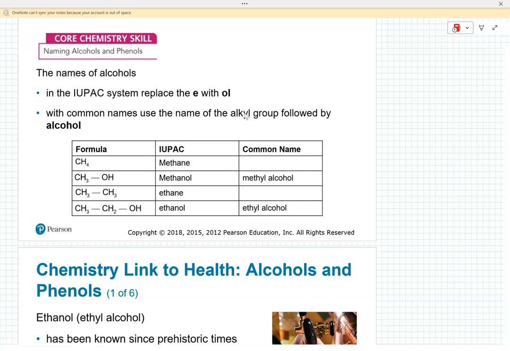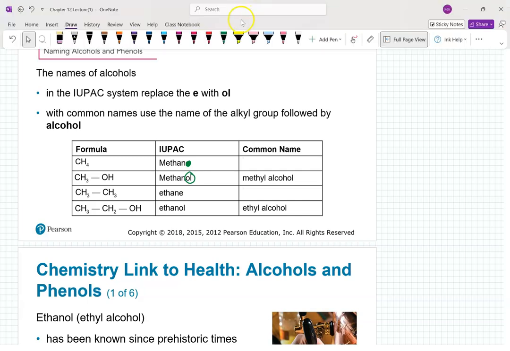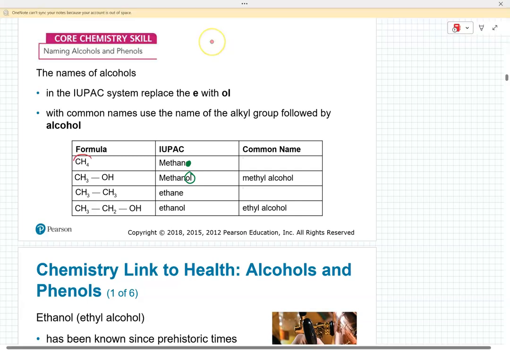So how do you name them? You drop the E and you add OL when you name alcohols. So when you go from methane to methanol, you drop E at the end and add OL. Okay? Ethane, ethanol. If you have this,